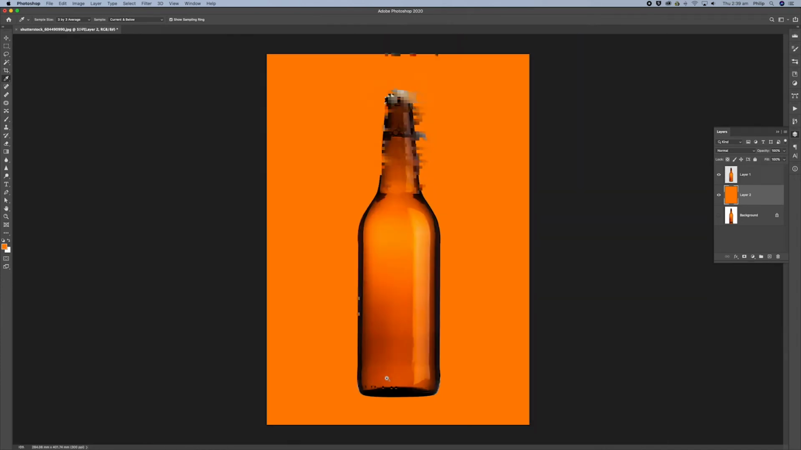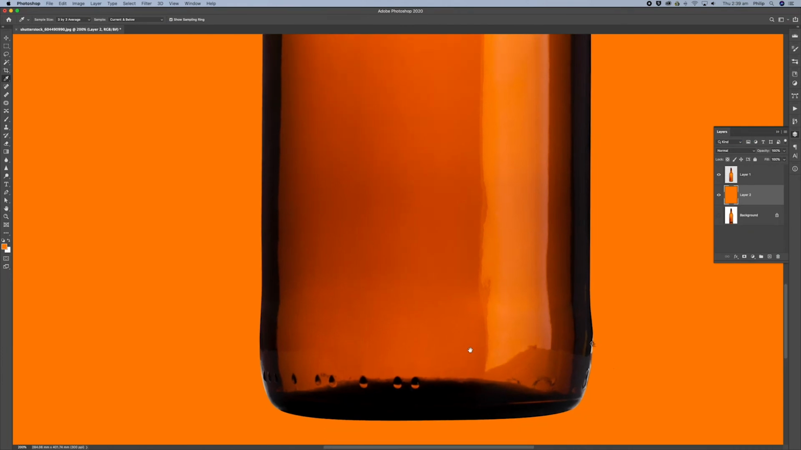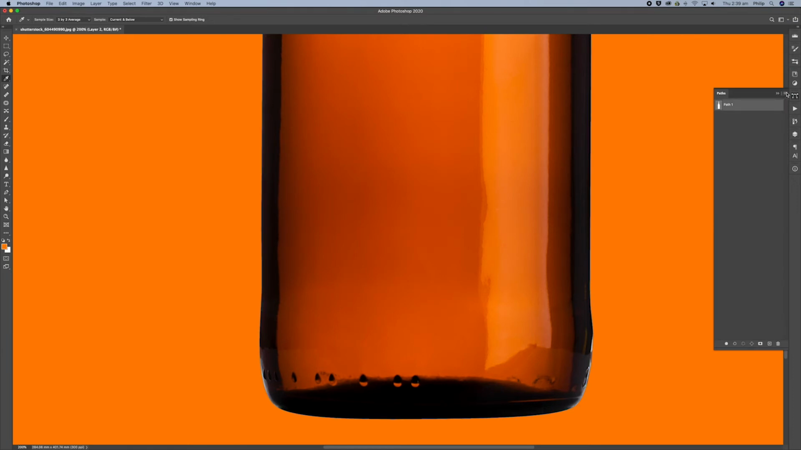You can see down the bottom here where the bottle curves around, we've picked up a little bit of highlight. That can be easily fixed. Because we actually have the mask, I can make a selection of the mask and click OK. And because the mask is around the bottle, I can pick